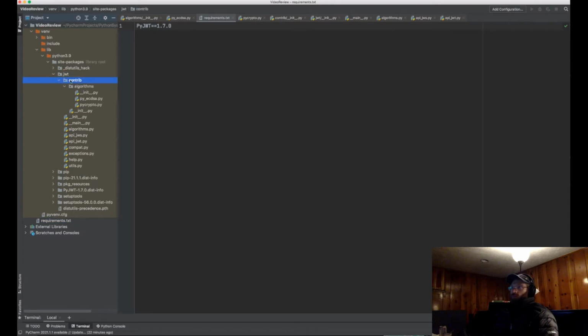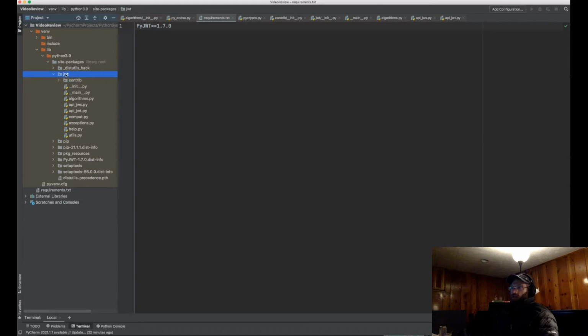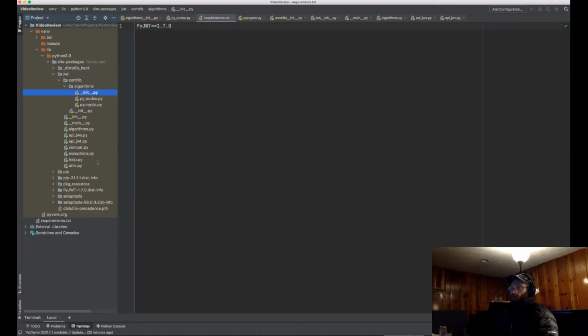There's one directory inside of this. So this is the JWT library, and if you want to import this, you're going to do import jwt, and then you're going to be pulling from stuff here. And there's one directory in it called contrib and algorithms inside of there. And I'm just going to be going in order based on this. I'm using PyCharm, and I'm looking inside of the venv site-packages for Python 3.9. And I'm going to be going through this in the order that it is here because that's going to be